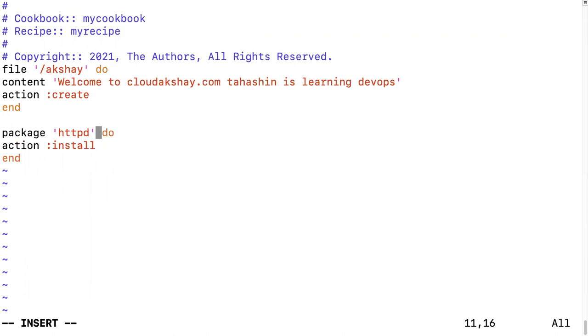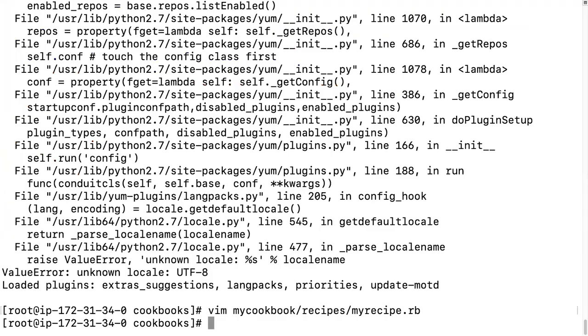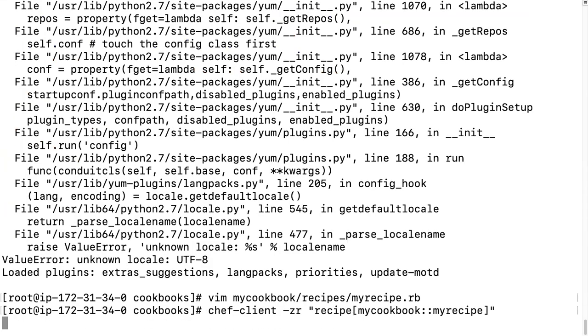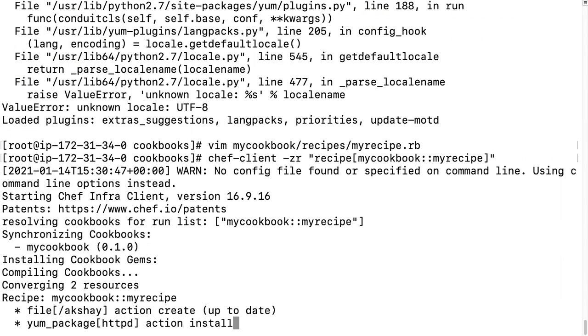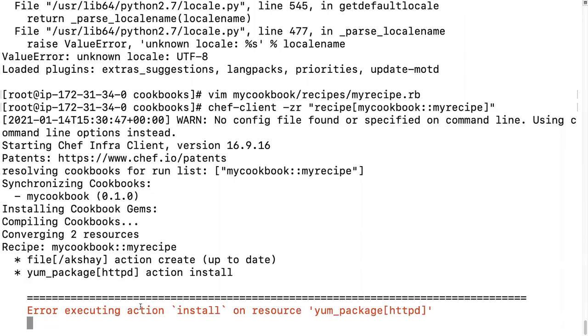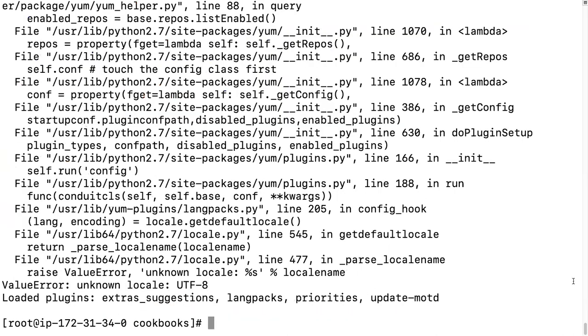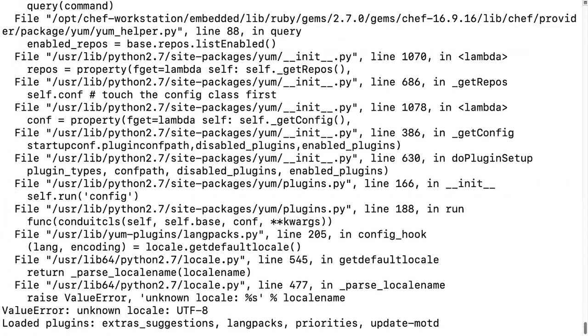So now it's done, and save this. Update it once again. Run the command. So yum package HTTPD. It's another requirement.